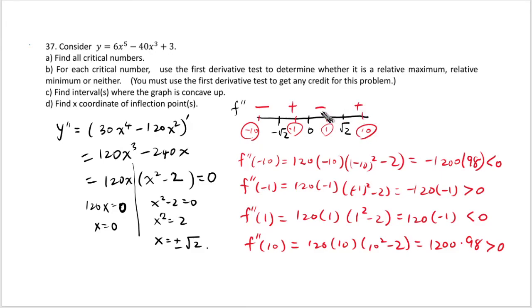So this is the result. F prime goes from negative to positive to negative to positive, which means that our function will be concave down, concave up, concave down, concave up. Okay. All right. So part C was asking for